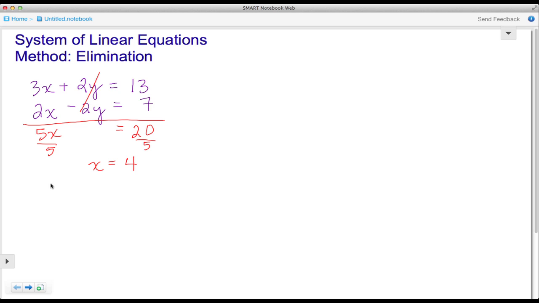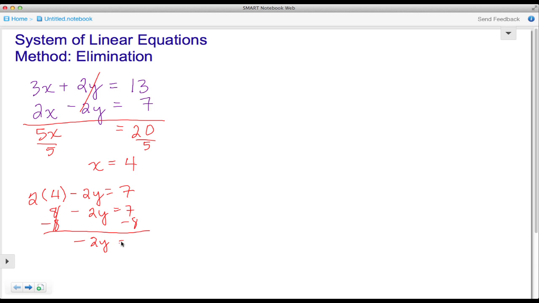I'm going to go ahead and choose the second equation. So we have 2 times x, well, we said x is 4, minus 2y is equal to 7. Now we have an equation we can solve because there's just one variable, and we continue by evaluating. 2 times 4 to give me 8, minus 2y is equal to 7, and then we end up subtracting 8 from both sides. When we subtract 8, those 8's cancel out.